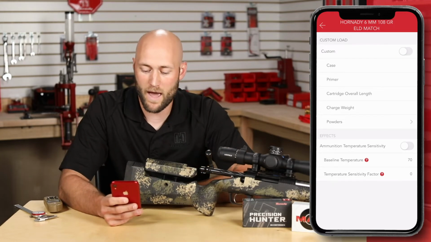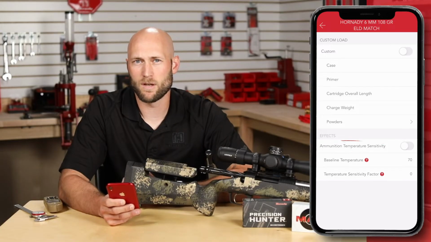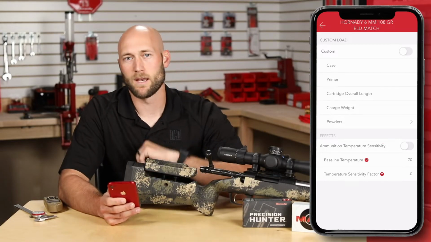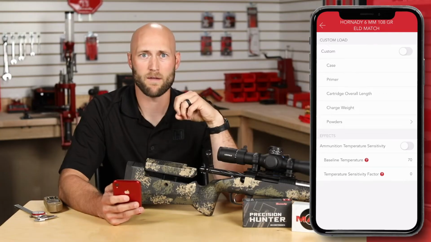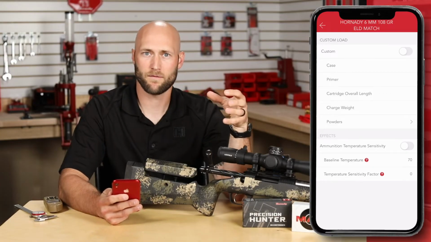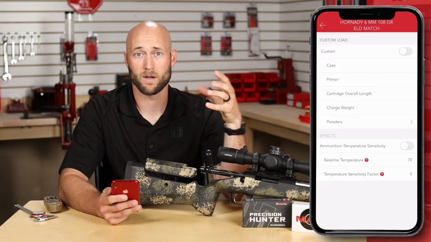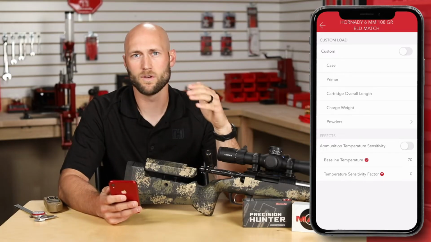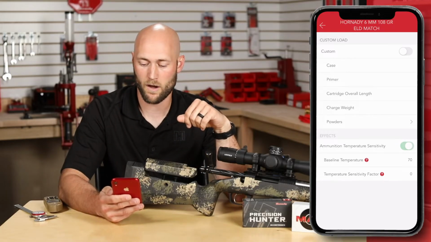Below that, you have the ammunition temperature sensitivity. Now, propellant used in rifle cartridges reacts slightly differently depending on the ambient temperature. Some are worse than others. So what you can do to turn this on is select the toggle,